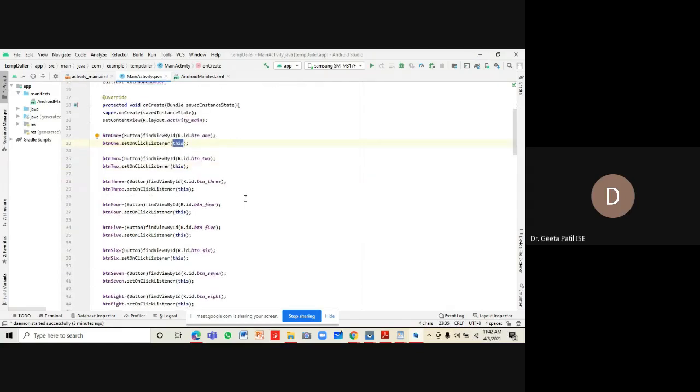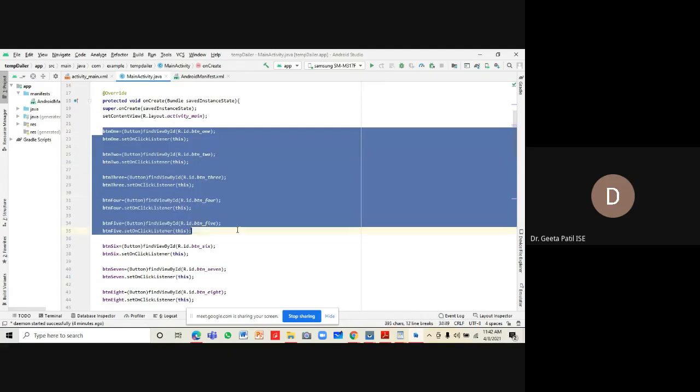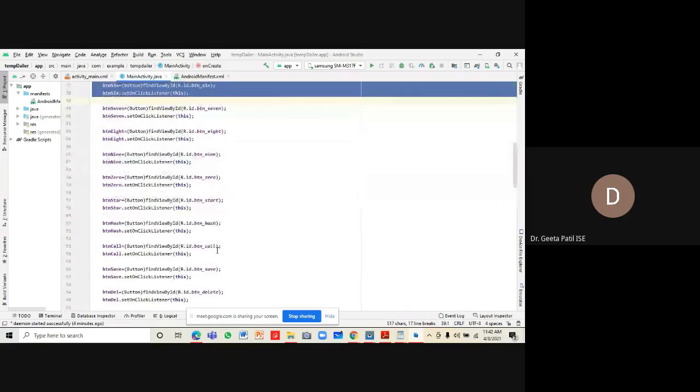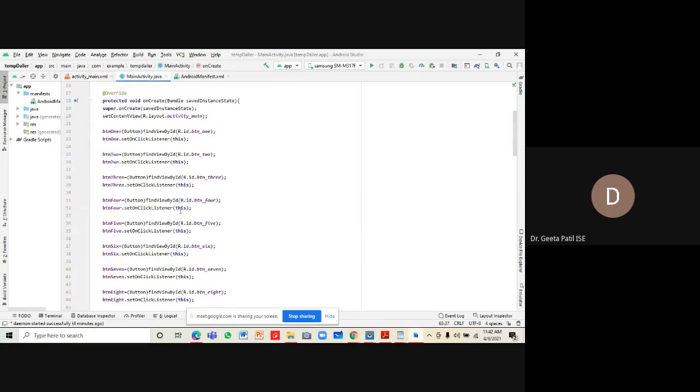Similarly, the reference is made for the remaining buttons and for the text field as well. So for the text number, the reference is made. And apart from referencing, we are setting the on click listener event for each button: button1.setOnClickListener(this).